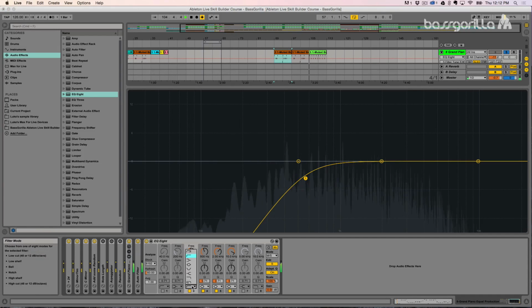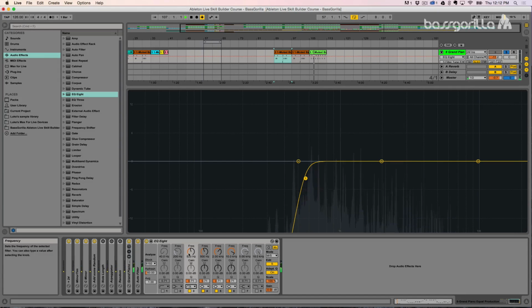I could even change that to a steeper level like this. It's a 4 times low cut. And I can also make it wider at the top end, which will make it have a nice stereo feel to it. So I can take this pole and change it to a high shelf, boost it,